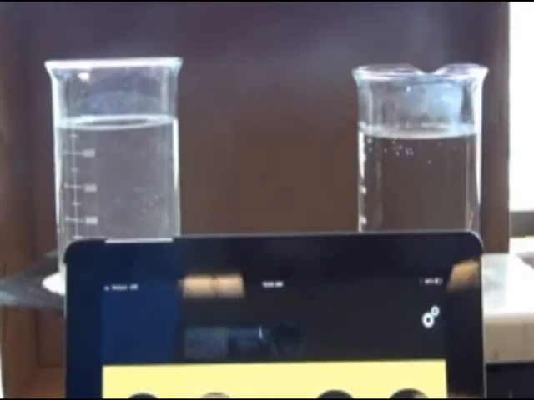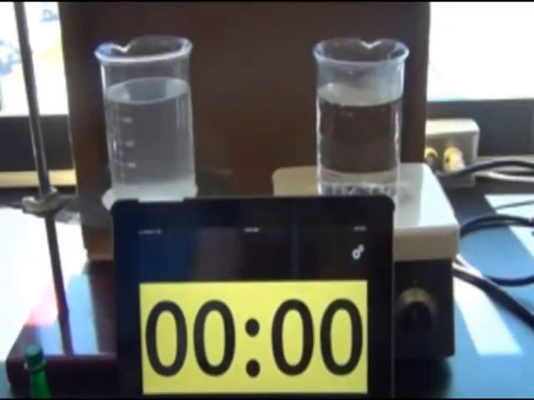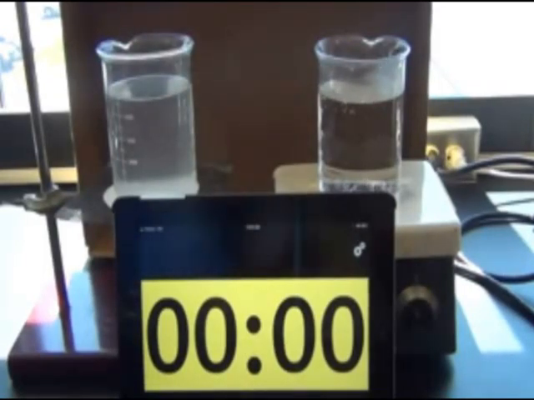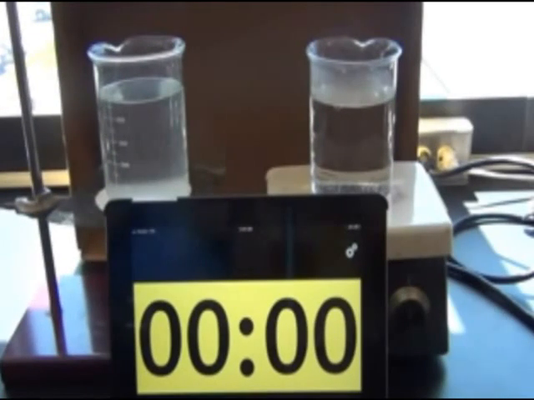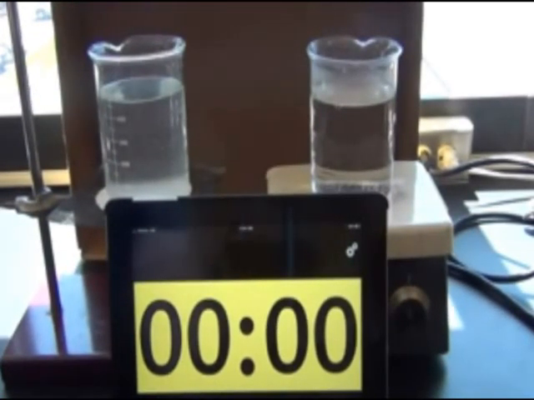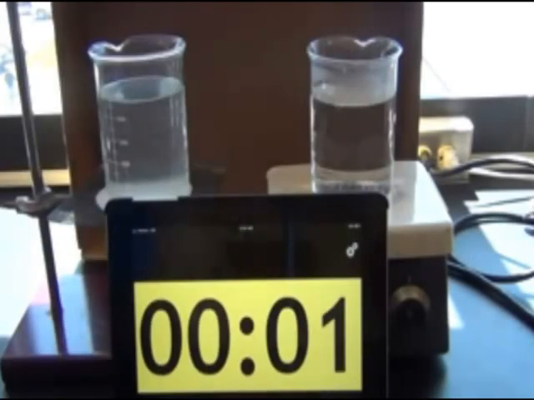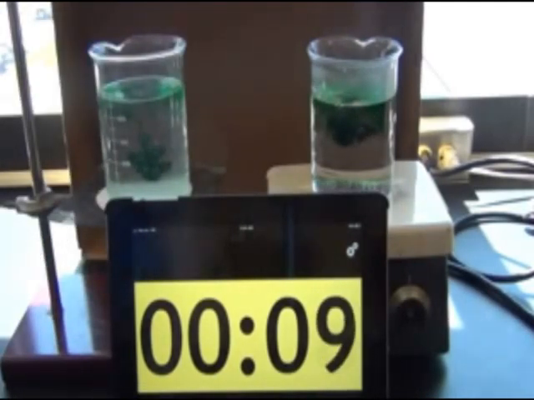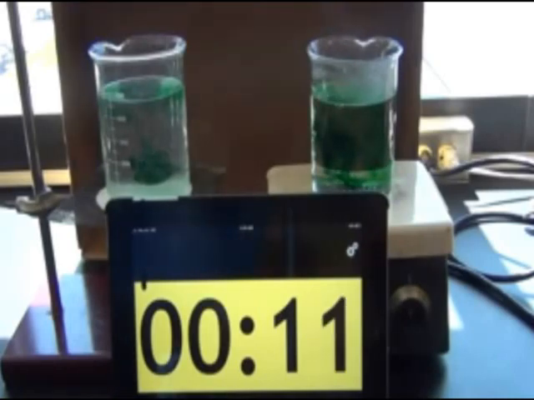Good. Let's look at the rate of diffusion. What factors affect the rate of diffusion? Observe that these two containers have equal volumes of water, but the beaker on the right has hot water. I want to add drops of dye simultaneously and see which one diffuses faster. Alright? Here I go. Whoa, I didn't think that was simultaneous, but it's going to work anyway.